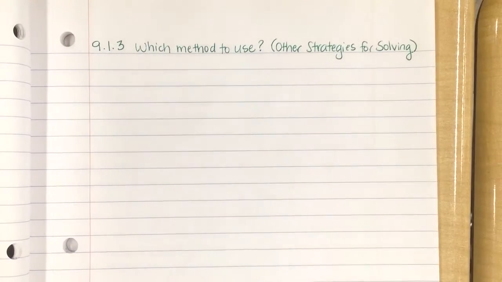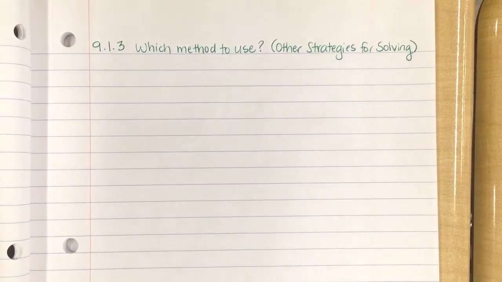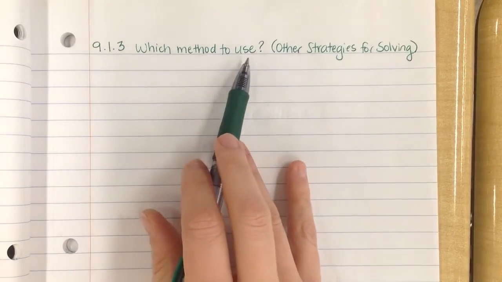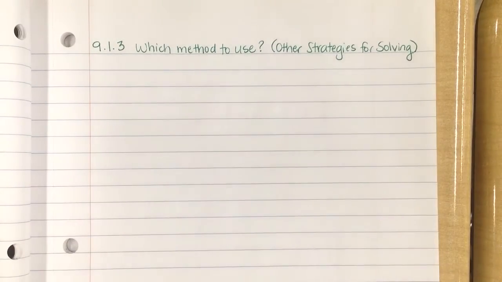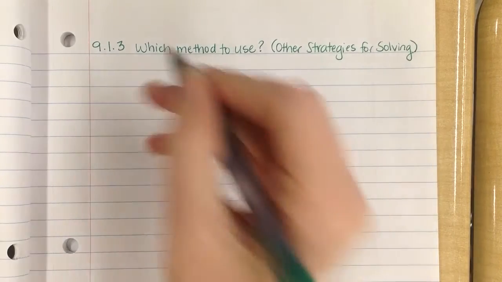Alrighty, today we're going to be looking at 9.13, deciding which method we should use in order to solve, simplify, and find the roots of a quadratic equation. We have three methods to choose from. We have the vertex form